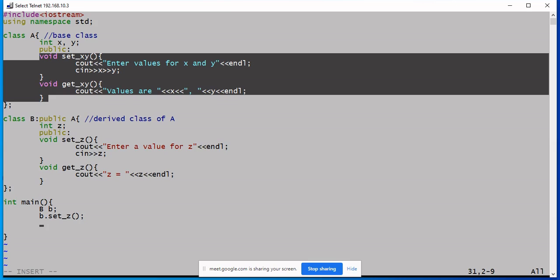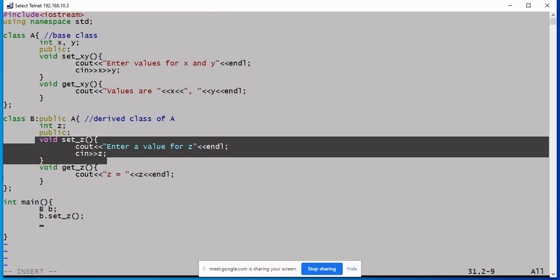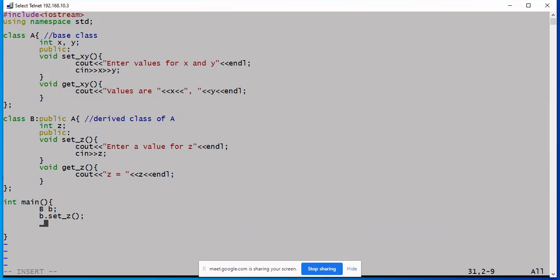This is valid, but you cannot access the value of x and y in member function of class B. I can invoke the function set xy, which is defined in class A. Set xy is present in public section, so it is very much part of your object B. You can access it directly using dot operator. This is not a problem because they are present in public section.